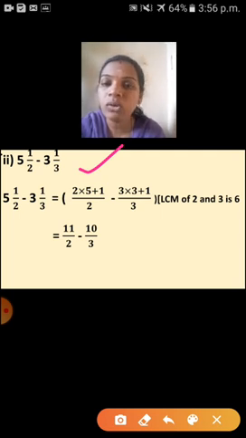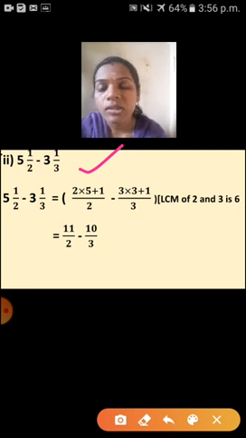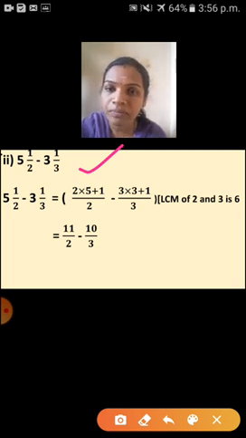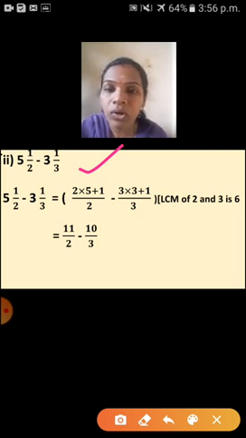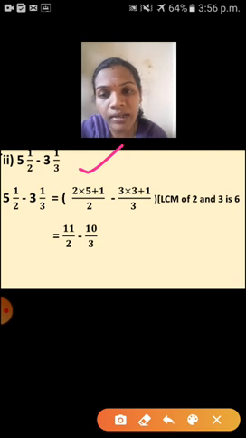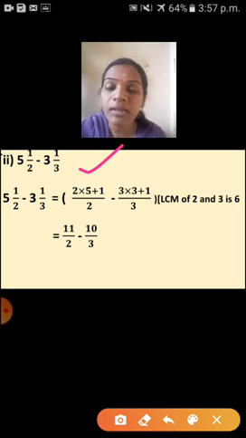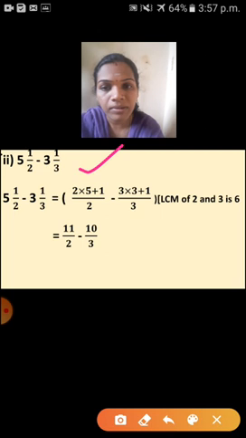So children, here two methods, that in addition and subtraction two methods I have taught. So that two methods, first method is what? That whole number and fraction you have to write separate. Isn't it? That is the first one. And second method is what? Yes, that mixed number you have to convert into an improper fraction. So this sum I am following that second method. Are you ready? So children, again and again I am telling, which method is easy for you, that method you have to follow. Are you ready?